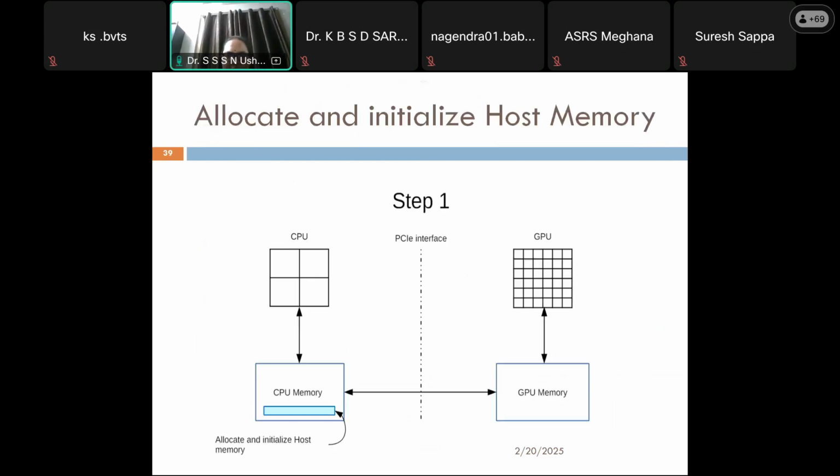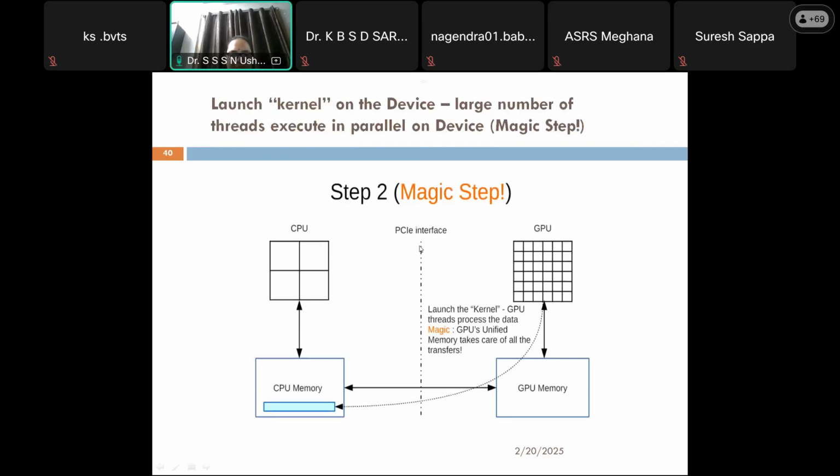You can observe there is a PCI interface here. Without this interface, CPU memory cannot be transferred to GPU memory, or GPU memory cannot give any result to CPU memory. So this interface is very, very important. Whenever we say we are doing programming models in HPC, it doesn't mean you're going to have just one editor and one compiler. There are a lot of things in between.